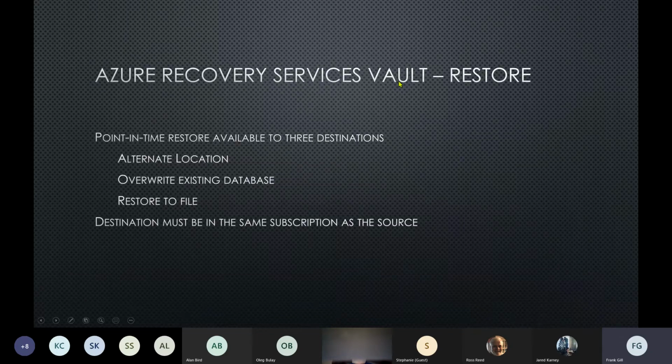You can restore from a Recovery Services Vault backup. You can do a point-in-time restore, and you can do it to 3 different destinations. You can either restore to a different server. So if you wanted to take a Recovery Services Vault backup and restore it to a test server, you can do that. One thing to know here is that the source and destination for the restore have to be in